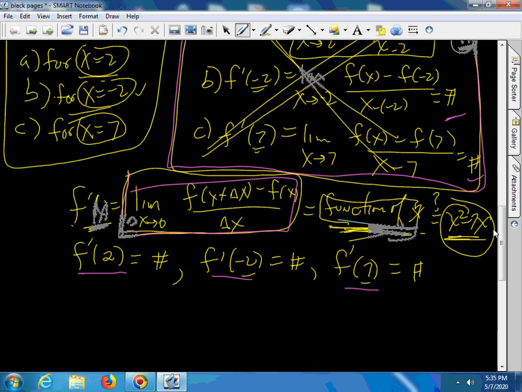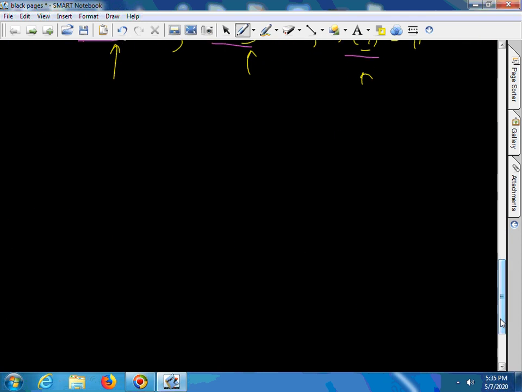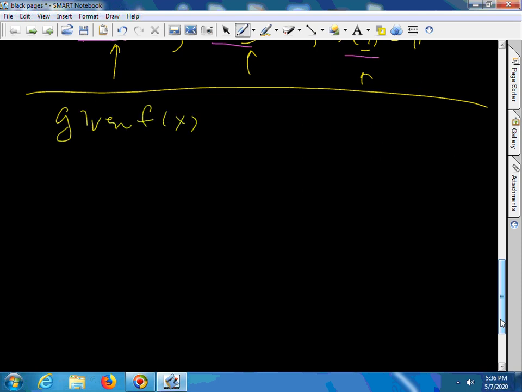I would use the standard definition, get my f prime of x, plug 2 in, work it out, plug negative 2 in, then 7. However, if you're given f of x, and the problem says find f prime of 11, that is, just find f prime of one number,